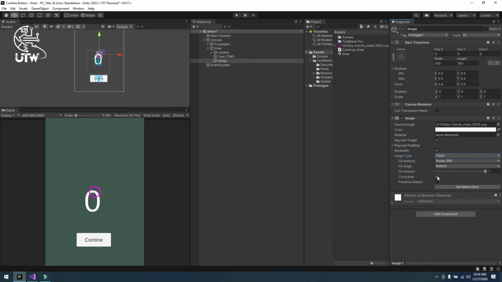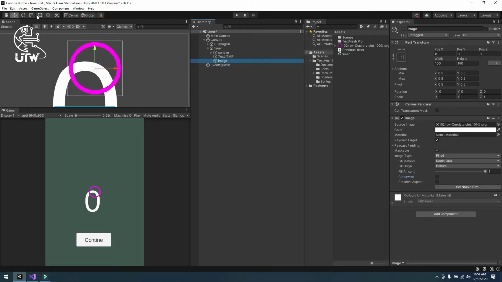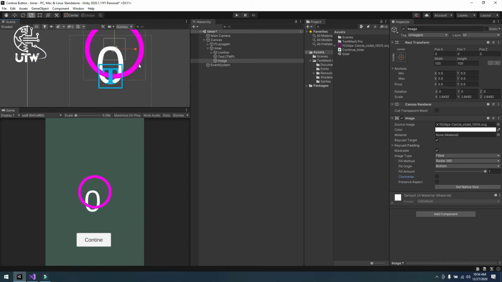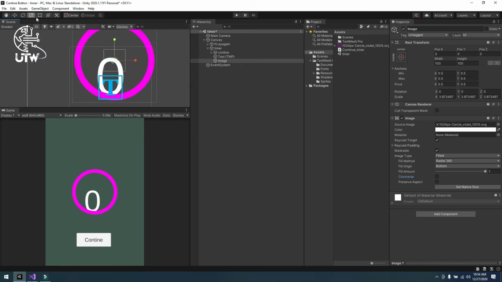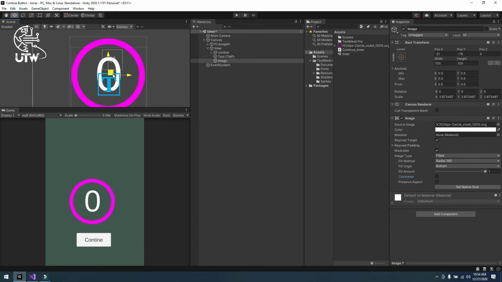Then unmark clockwise and increase the image size so we can see it better. Let's move it into the center in this way.